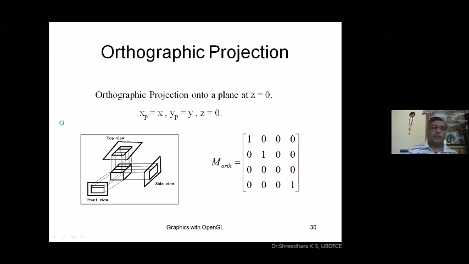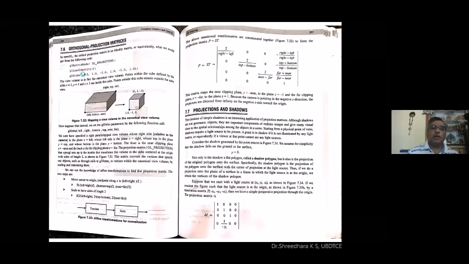In orthographic projection, you already used glOrtho with -1, 1, -1, 1, -1, 1. So all these x, y, z near and far values were used. This is -1, -1, 1. The far away point is 1, 1, -1.